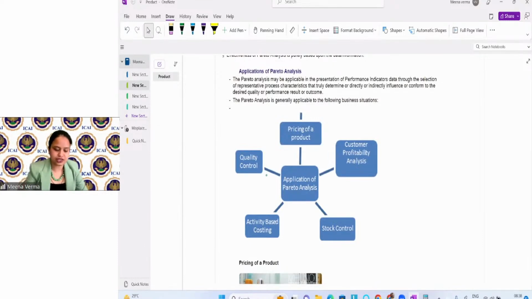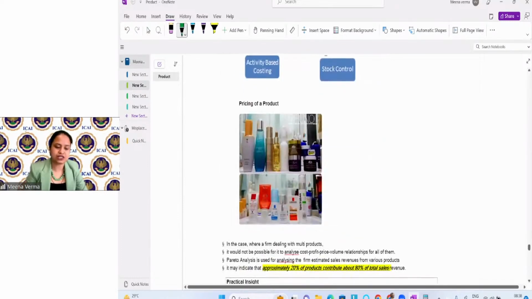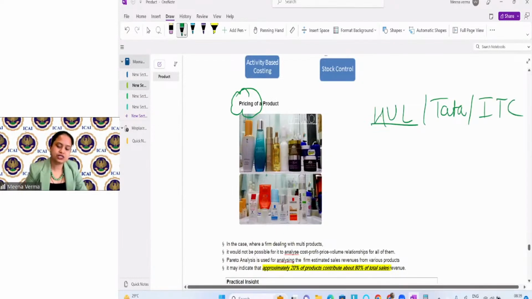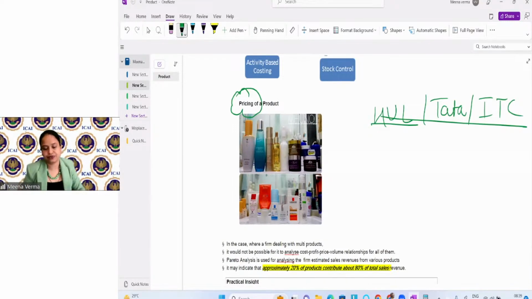All right, let's understand one by one. So the first one is pricing of the product. What happened? For example, a company selling multiple products, like HUL, Hindustan Unilever, Tata, ITC, these companies sell their products in multiple segments, and in their specific segment, they sell multiple products. So the point is that, for example, the company is selling multiple beauty products, face cream,